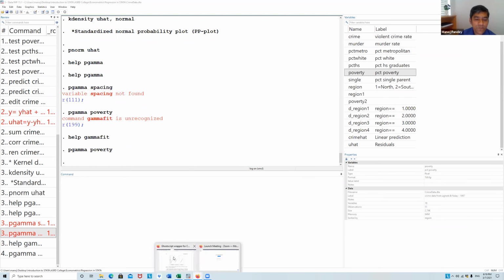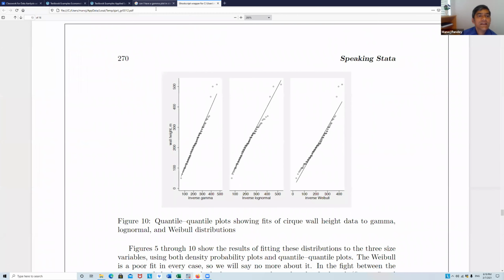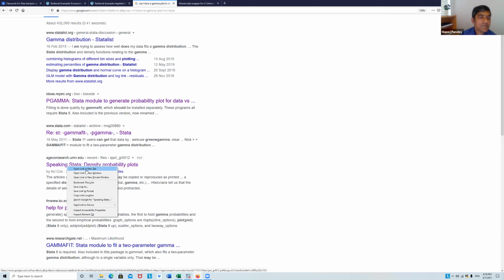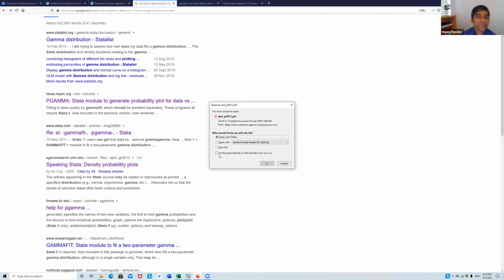Yes, that's a good point. So basically, can I do an attachment? Let me check. What I will do is put it on my Google Classroom.